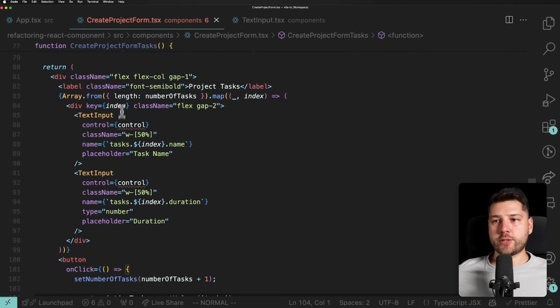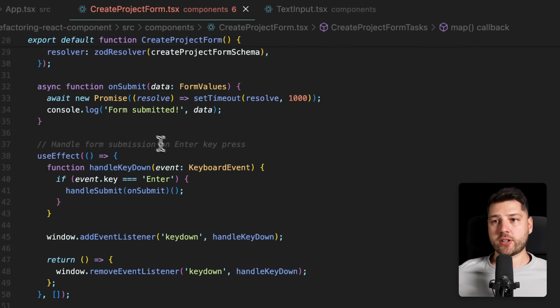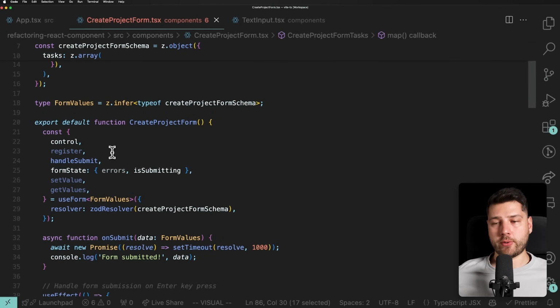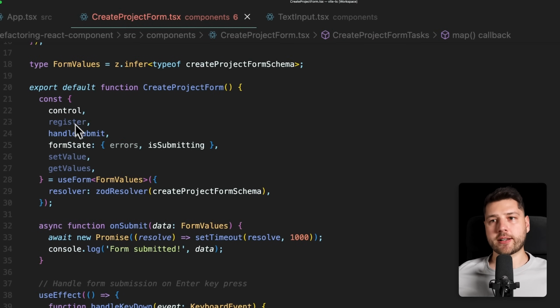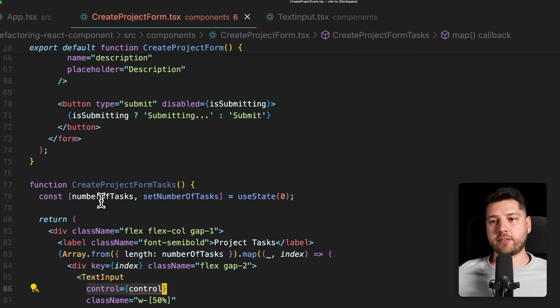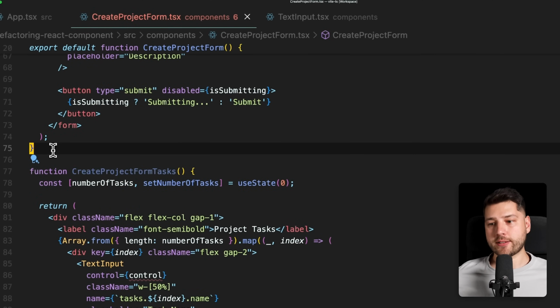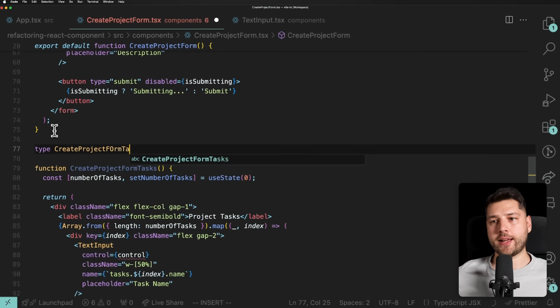Then what we need to do is also have access to this control property over here, which again is defined in the parent component. So we have to pass it here through props, right? That's going to be simple. We're not going to be using any hook or anything like that. We're just going to pass the control the same way that we passed it to our text input component. So here we're going to have to define some props for our CreateProjectFormTasks. So we're going to do type CreateProjectFormTasksProps, like this, and that is going to be